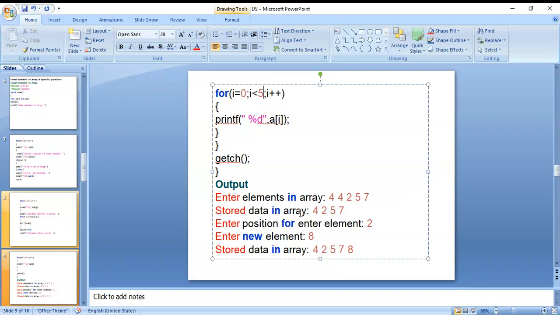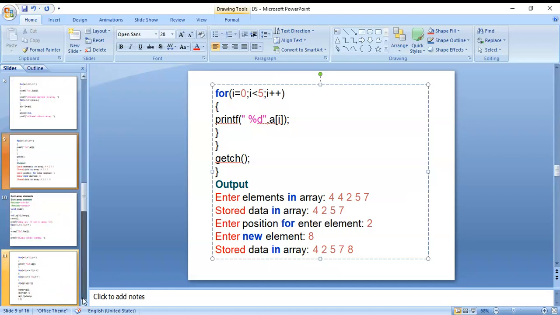Store data in array, nothing but here 4, 2, 5, 7. These two 4s are the same. Let's enter the position for entering element 2. Here you can see enter new element 8. Store position for here, you can store data in arrays 4, 2, 5, 7, 8. 8 is entered there. Okay, next one,